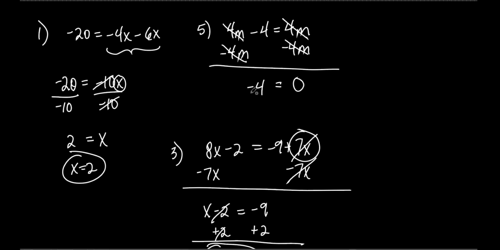And look what I get. I get negative 4 equals 0. Is that true? Does negative 4 equal 0? Of course it doesn't. All right? So what we say is we say that there is no solution for this. So when it comes out weird like this, and you don't have a variable, if your variable's all canceled out, you're going to say no solution. Because there's no number that you could put in for m that's going to make the left side equal to the right side. For example,